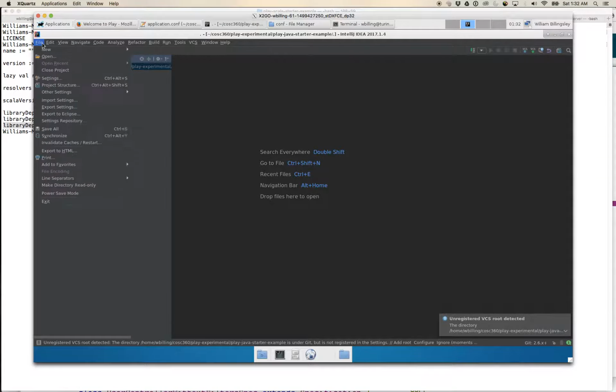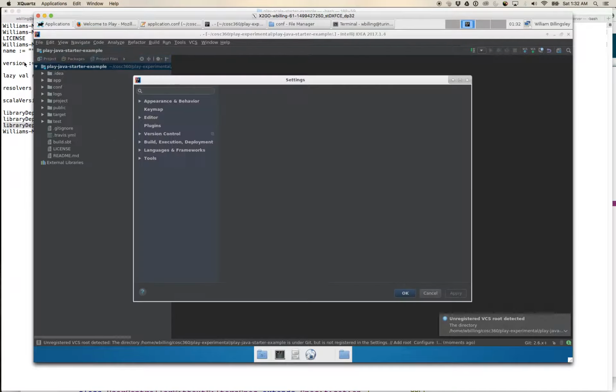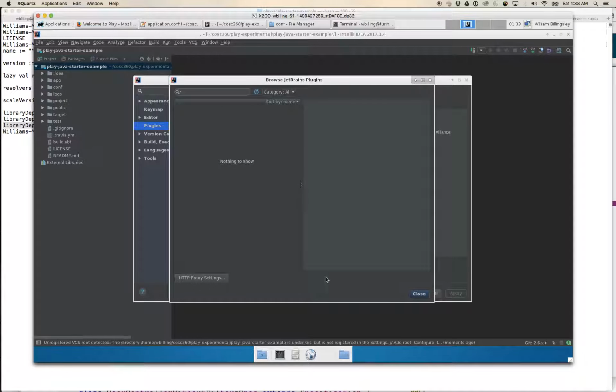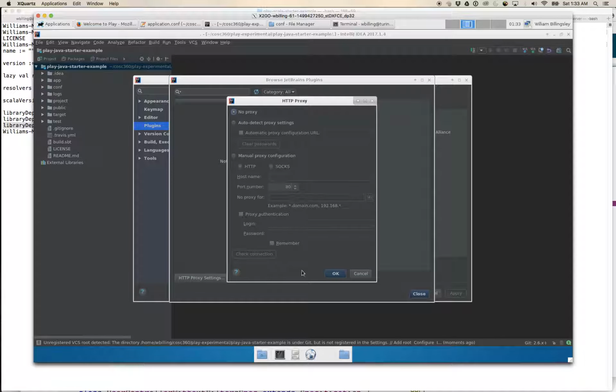So I'm now going to need to go into the settings, and I'm going to need to go to plugins in the settings, and I'm going to want to say install a JetBrains plugin, and it's going to say nothing to show, but there'll be a button, HTTP proxy settings, and let's set manual proxy configuration, and it's proxy.une.edu.au, and it is on port 8080, and I need to tick for proxy authentication, and I'm going to give it my details,